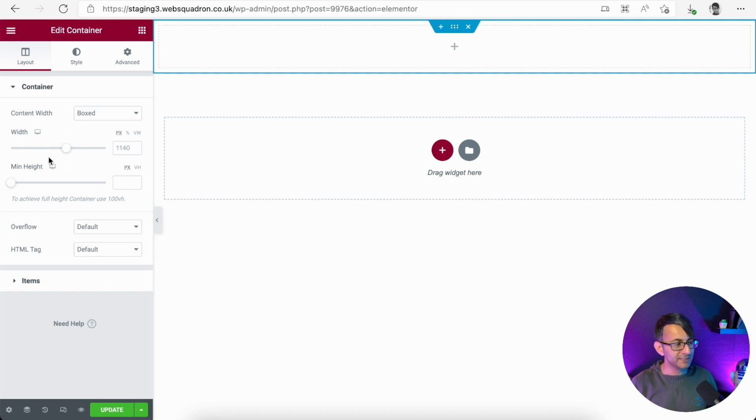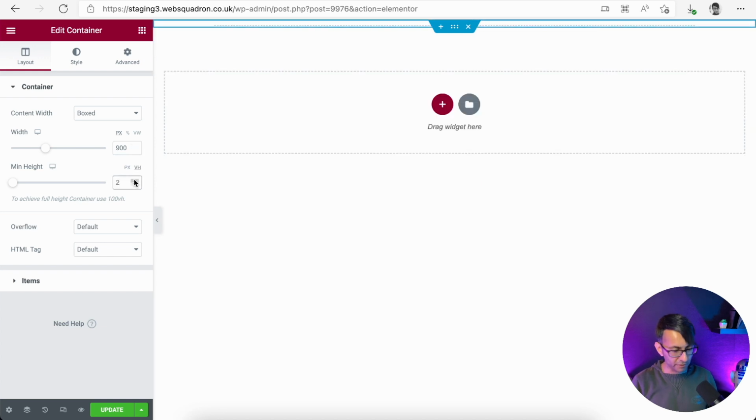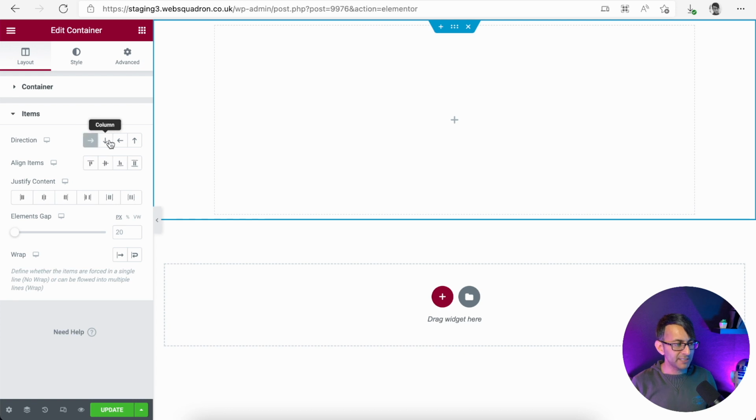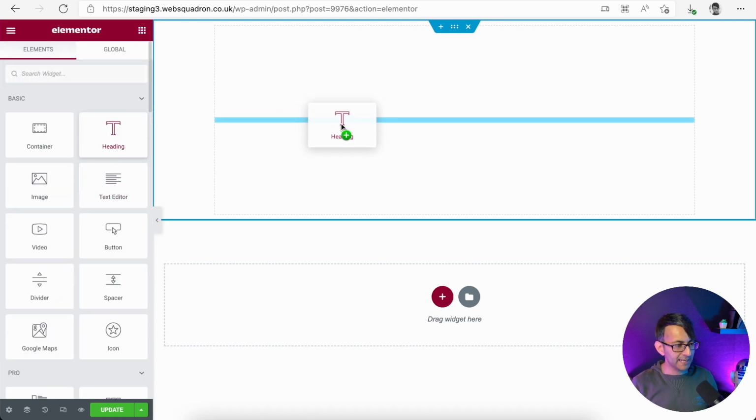I'm going to click on it. I'm going to make this be a boxed width of, we're going to go with a boxed width of 900, just so you can see it completely on the screen I'm using at the moment. And I'm going to set the minimum height to be a VH of 50. I'm going to make it 50%, just so you can see what's happening here, okay? I'm now going to go down to items. Now, at the moment, it doesn't matter what I do here, really. Nothing's going to change because there's no content. Let's go and add something in for starters. So let's drop in a header.